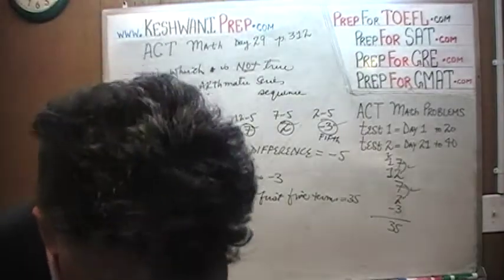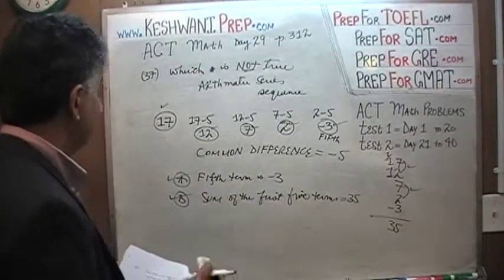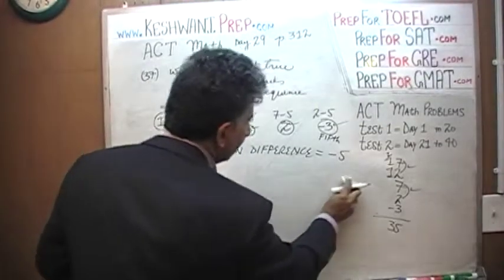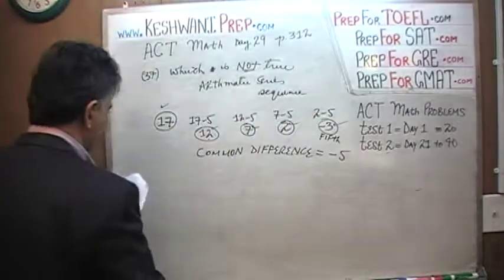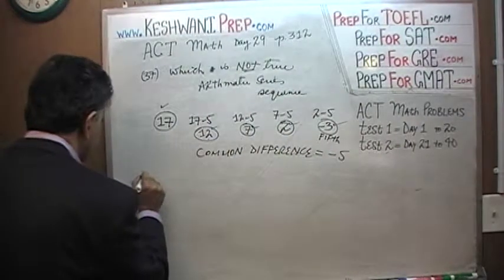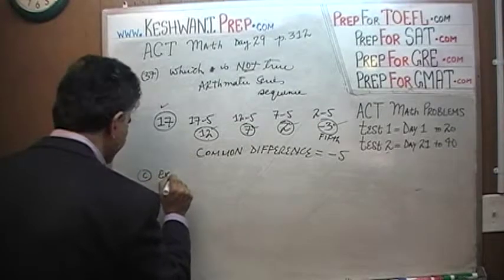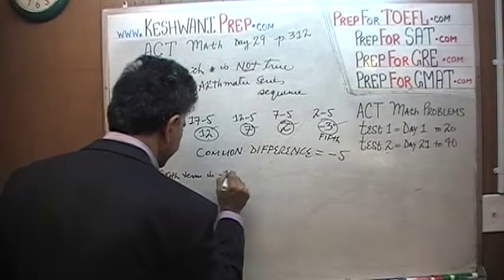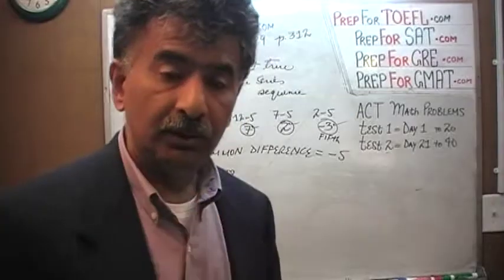Let's look at answer choice C. C says the 8th term is negative 18. We're going to have to figure out the 8th term. Eighth term is negative 18, and at the very end of the problem, I'm going to tell you that we